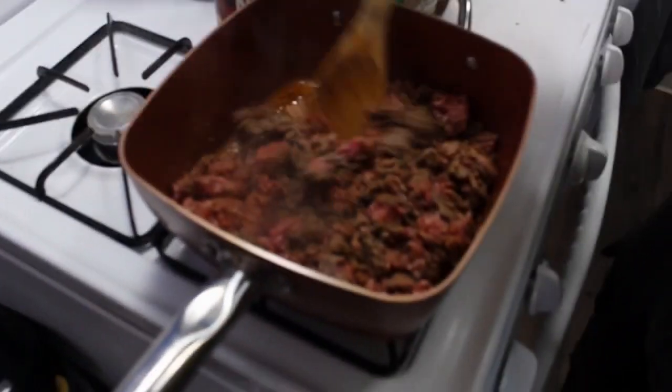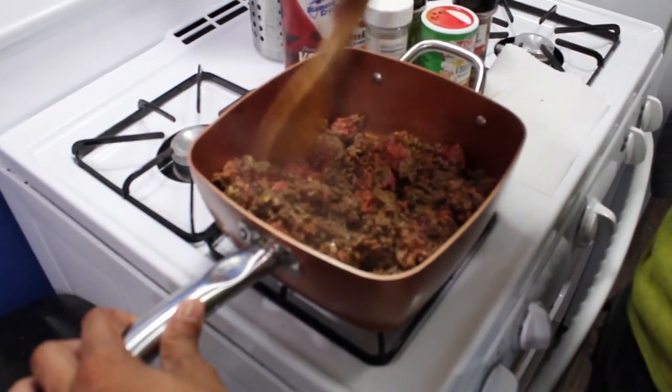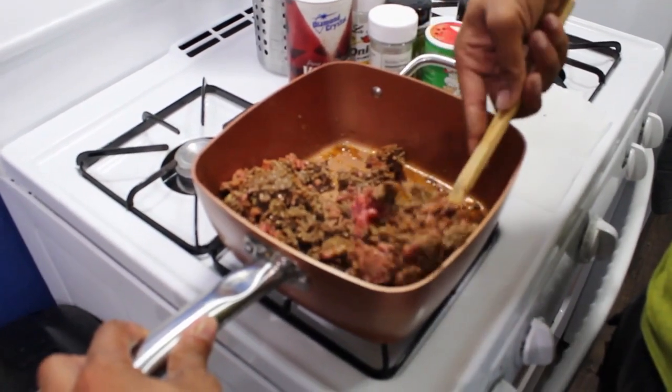So we're going to wait for this to brown a little bit. Is it smelling like taco? This is smelling like tacos. This is one of the few meals that Jarrell...